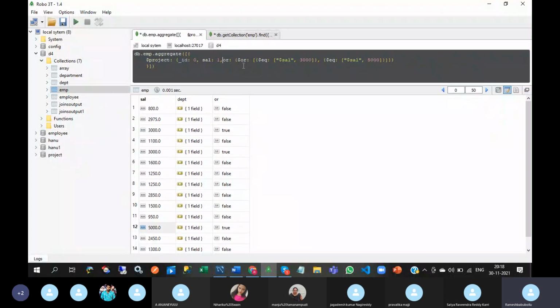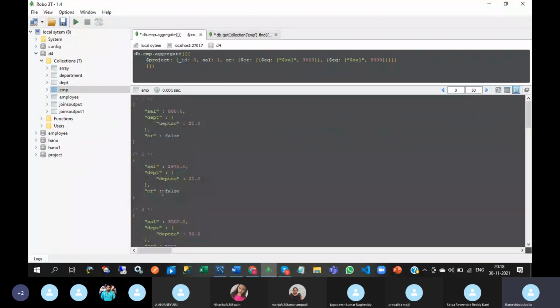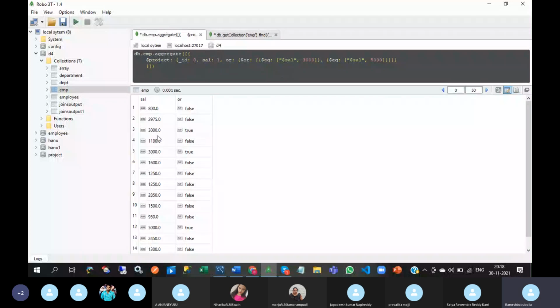If you write department number, it will come as an object, so it is somewhat difficult to check. That's why I'm giving salary 5000. Now it is easy to check 3000, 3000 or 5000. The remaining documents have false.